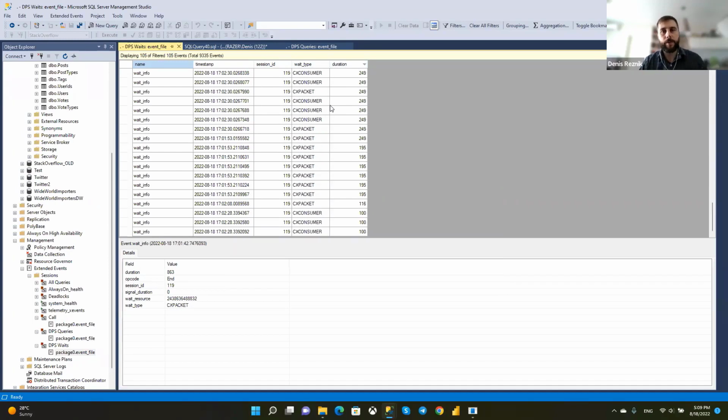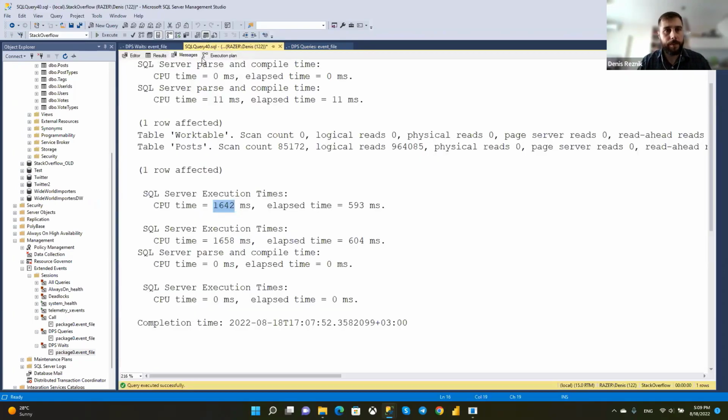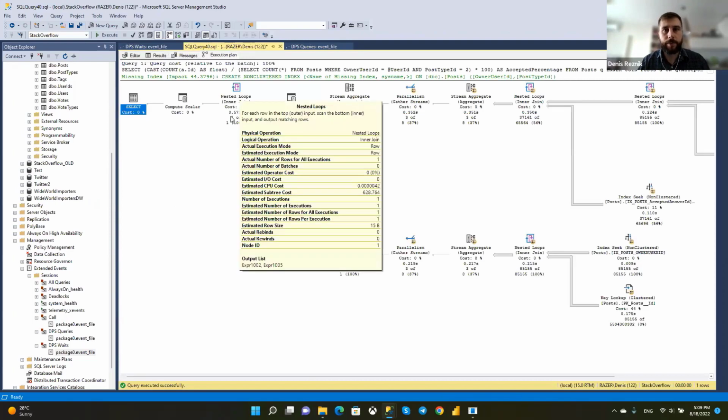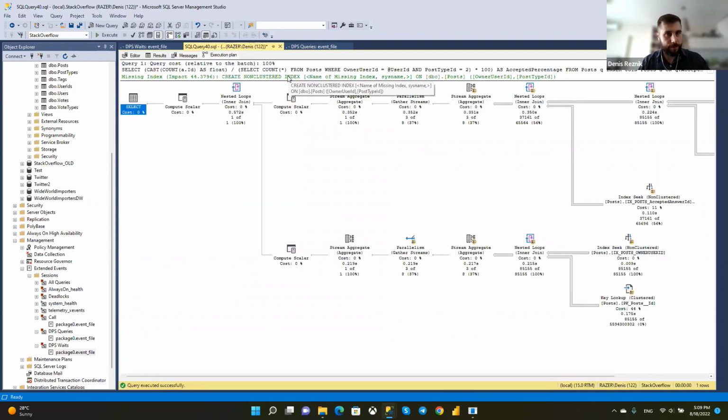which means that in a parallel query, threads are waiting for each other to finish. It means that this query might have inefficient parallelism. Again, it's telling us that we should create an index. Maybe we will, maybe not, but let's check